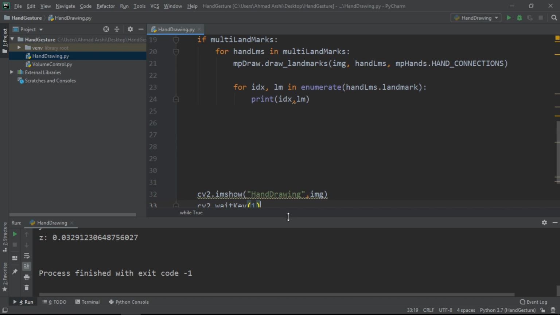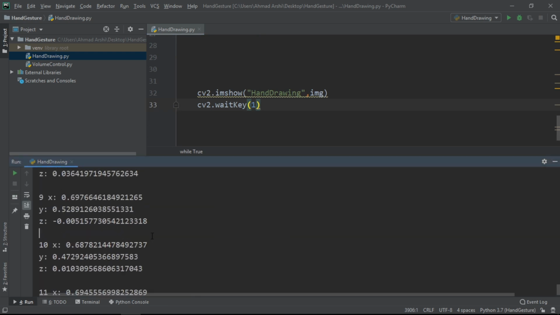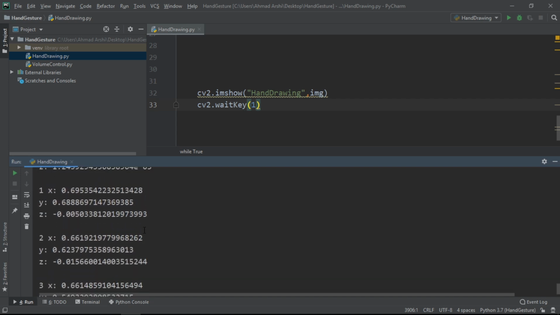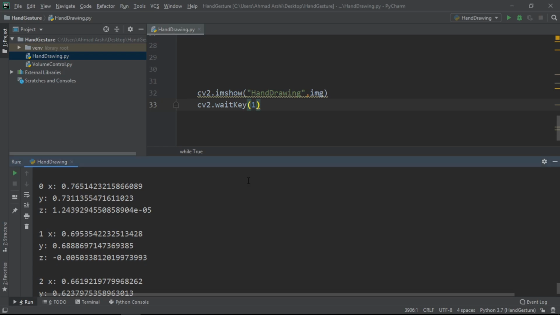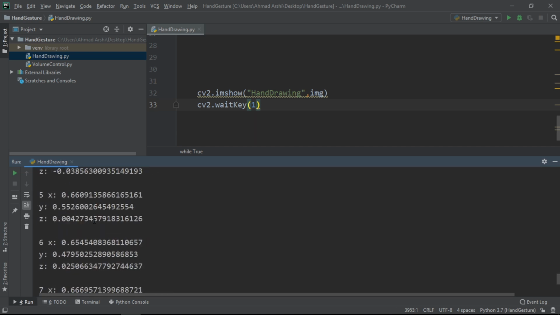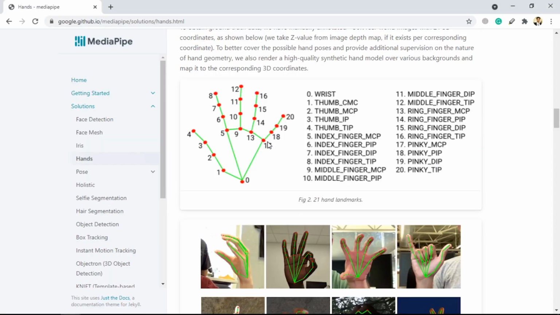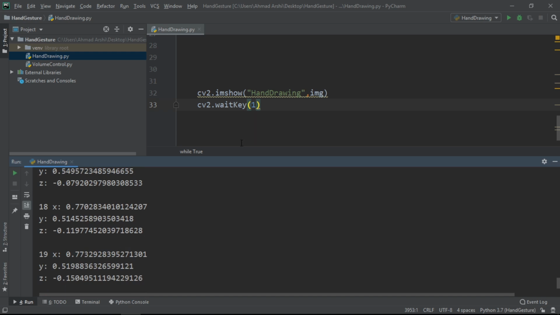Now if we see this over here, you can see that we are getting the points, and for each point we are getting their coordinates. So if we go all the way to 0, this is the 0th point, and the moment it captured this image, this was the x coordinate, this was the y coordinate, and this was the z. Now this is in a coordinate system, and it keeps on repeating for every image it captures of my hand. It goes all the way from 0 to 20 for all the 21 points, and it will display all those points.